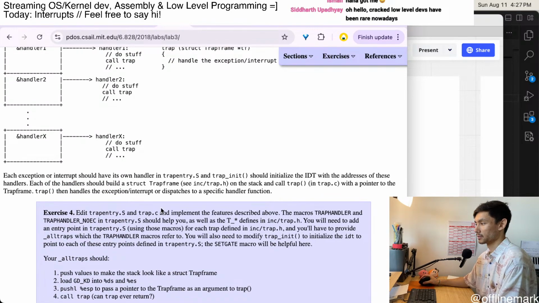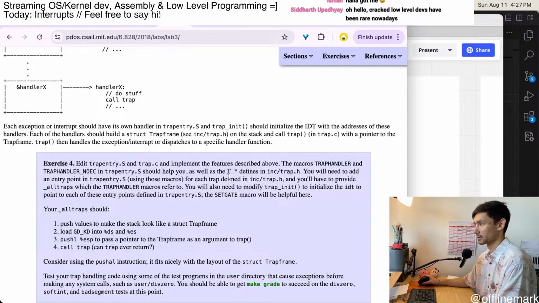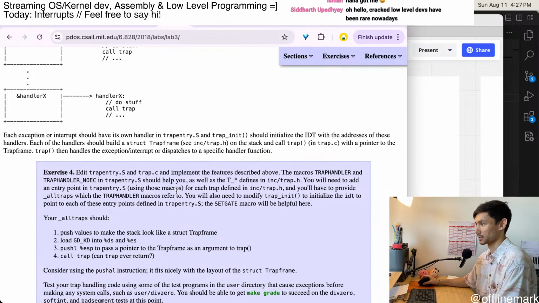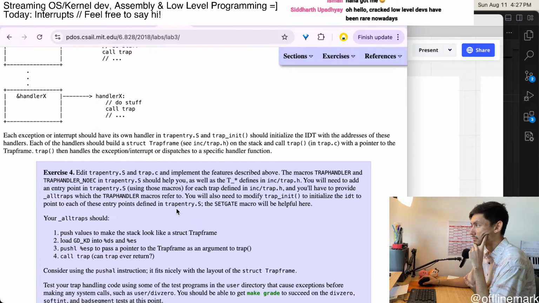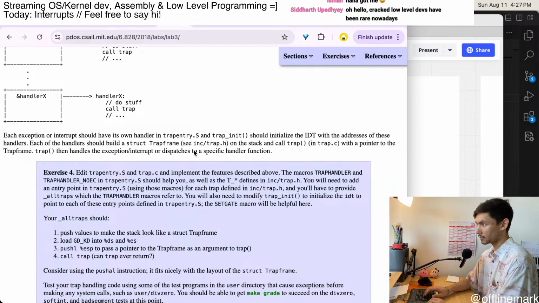Right. That's kind of what something was saying. Each of the handlers should build a struct trap frame. Is that what this